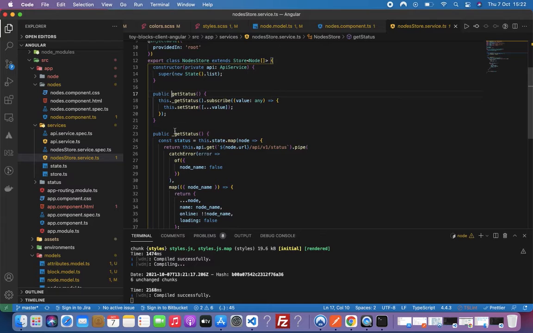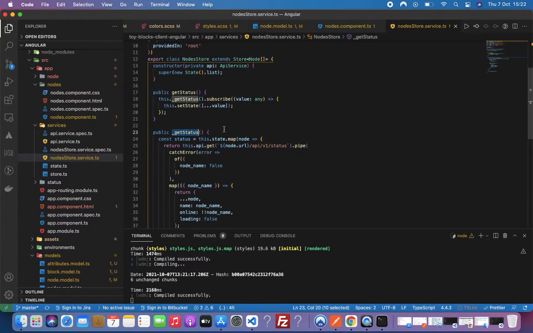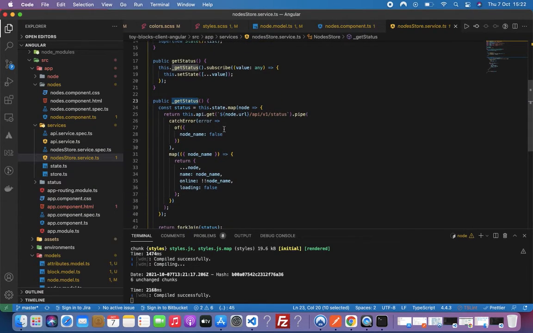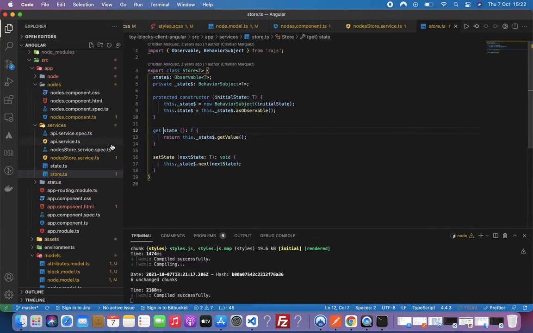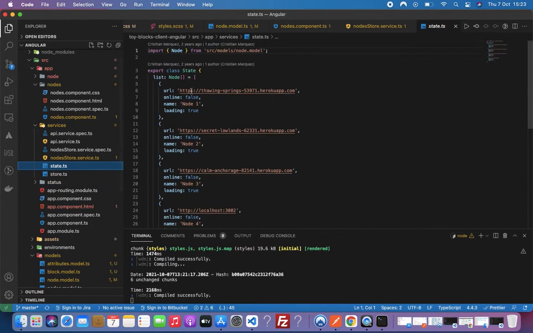They have a get status function here, which maps the state. Let's see, what is the state? Can't value from as observable, so they probably have a state. Yeah, here it is. There's a list of node,